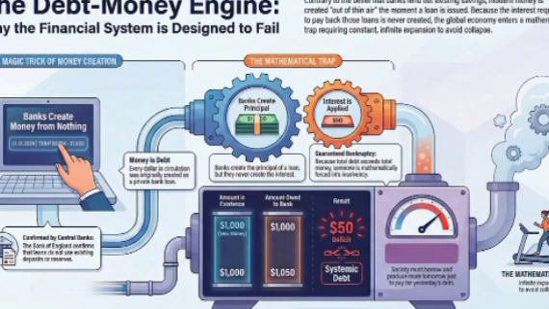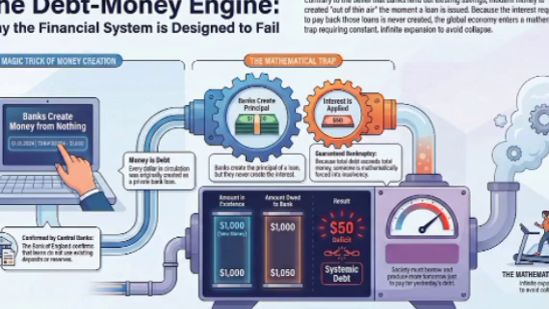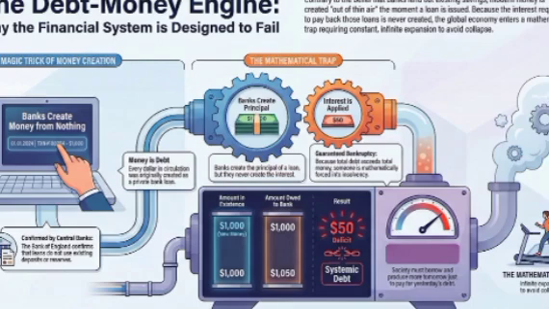A public entity, at least in theory, has a constitutional or civic obligation to the public good and the stability of the society. But private commercial banks have a very different legal and structural mandate. They just need to make money. Their primary obligation is to generate profit for their shareholders. They maximize the issuance of debt because that maximizes their interest returns. Which is totally decoupled from whether the physical, real-world economy can actually sustain that debt burden. They are operating exactly as their mandate dictates. They are private corporations maximizing revenue.